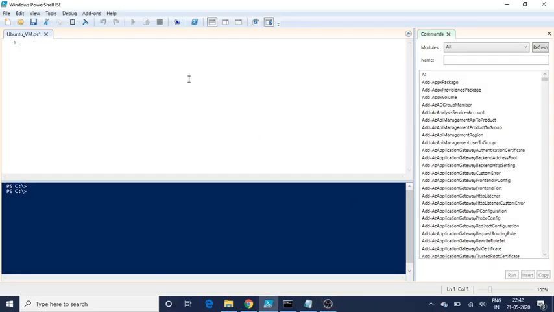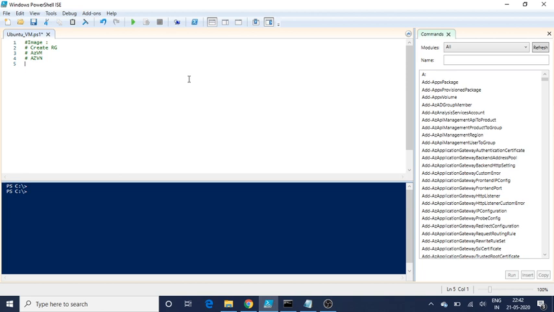Friends, today we are going to see how we can create an Ubuntu virtual machine through PowerShell and provision it in Azure. So the first thing we need to do is identify the virtual image details, and create a resource group. Then we need to create a new Azure virtual machine and then a virtual network. So these are the four points we need to follow to create and provision a